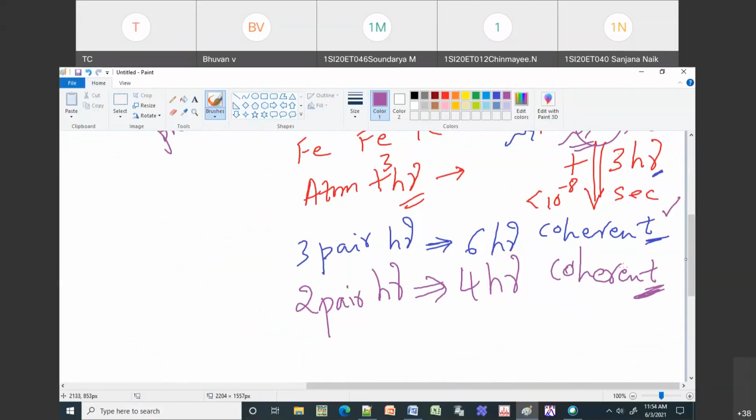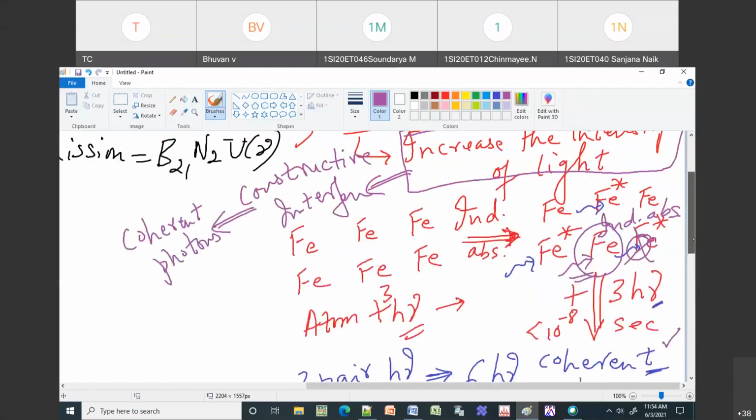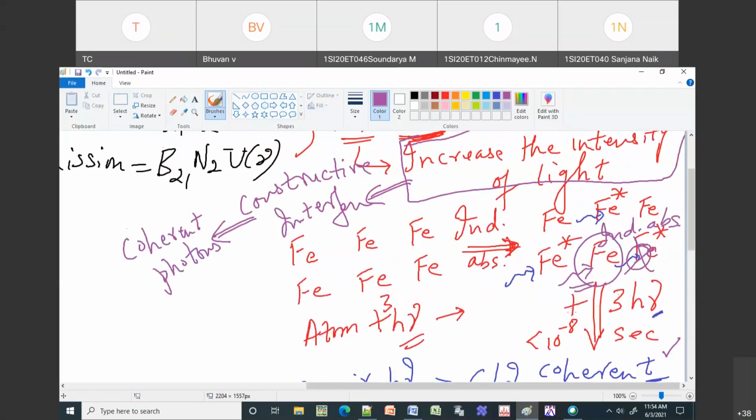So that is the reason you need to know how to control this or how to play with this. Okay. So now if I want to have more number of or very efficient laser action, then I need to have more number of stimulated emission. Okay. So how to get that condition? Because I cannot control exactly the photon which is incident to interact with any of the given atom. Okay, it can interact with any of the atom. So that is not in my hand.